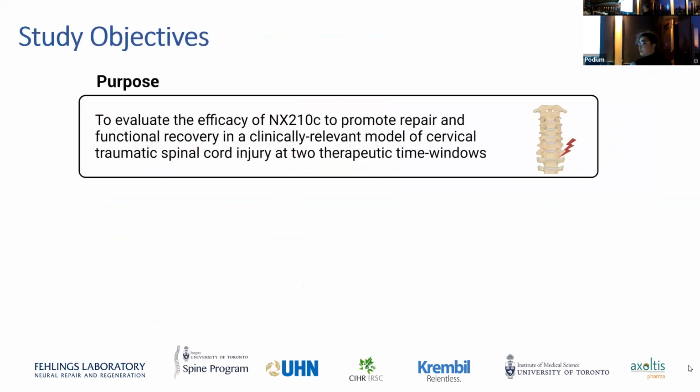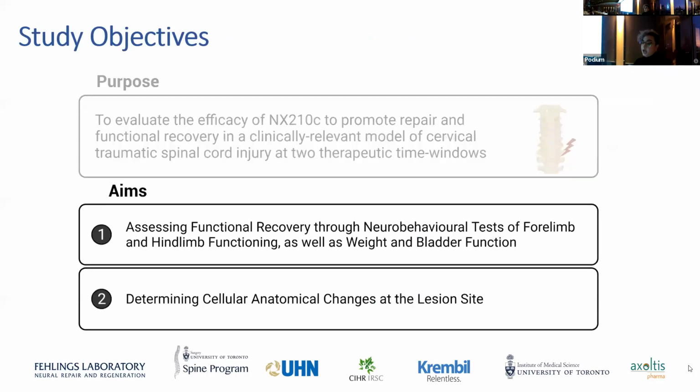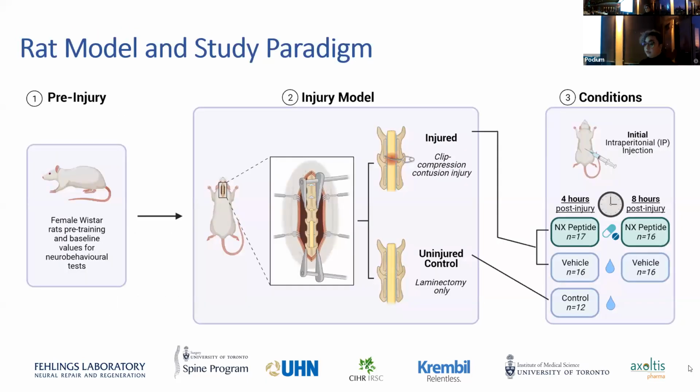And so the purpose of my project is to test the efficacy of the NX peptide to promote repair, as well as functional recovery in a rat model of cervical traumatic spinal cord injury at 2 therapeutic time windows. I'll go into that in a minute. We're going to look at functional recovery, so motor function, as well as the tissue and cellular anatomical changes. In terms of my study model, we use female rats and we do a